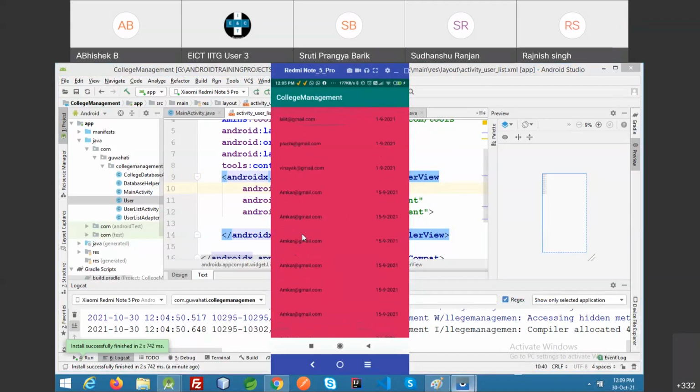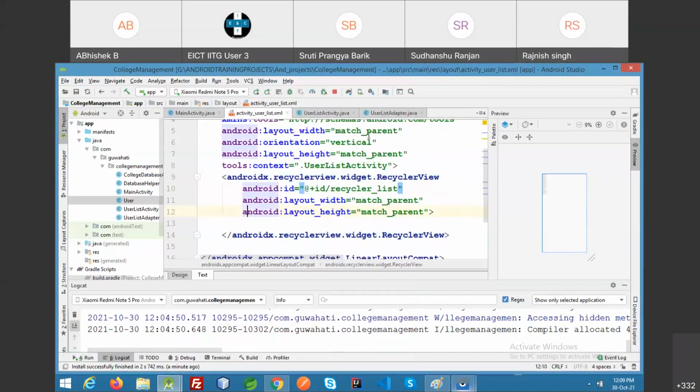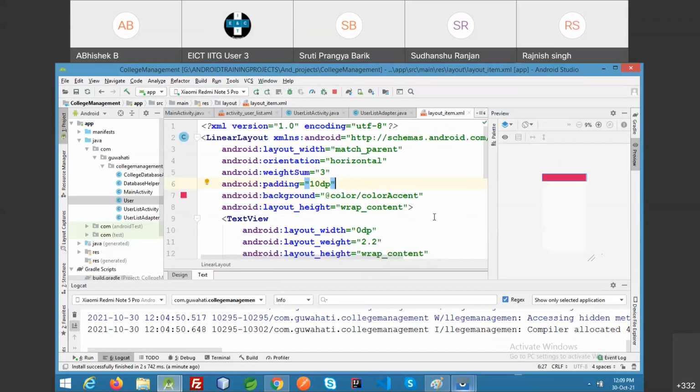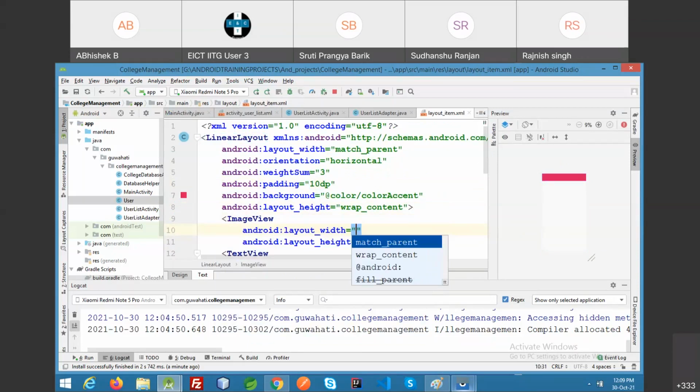You can customize your item view by taking an image view like this. Let me show you how you can do this. Layout item view. Take a fixed image view. Image view width like 40 dp. Height 40 dp.